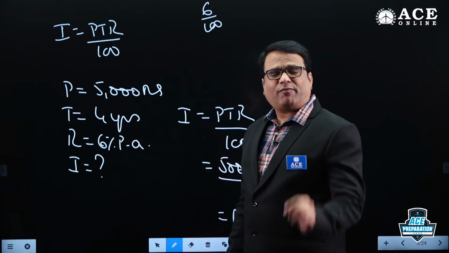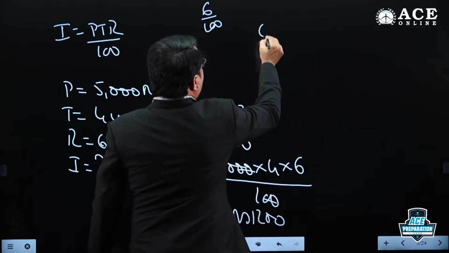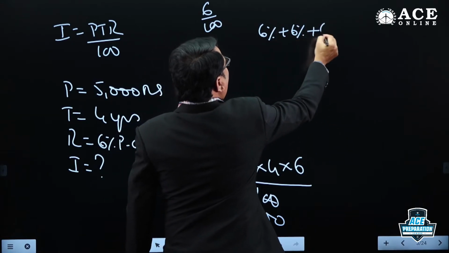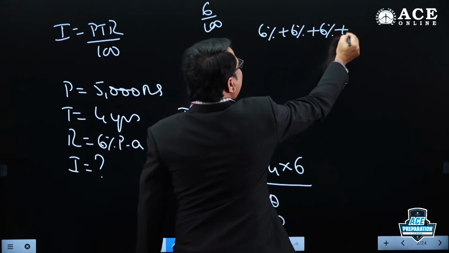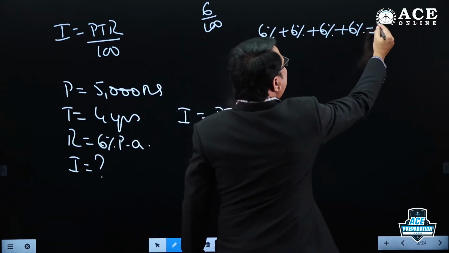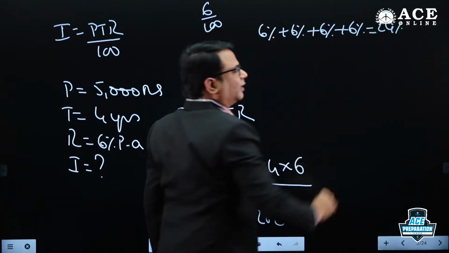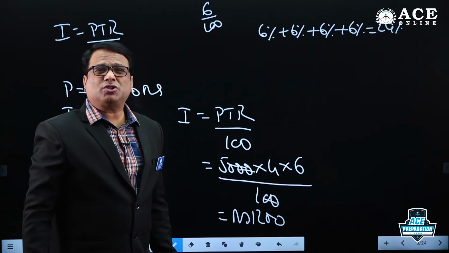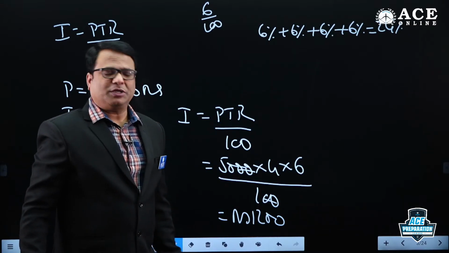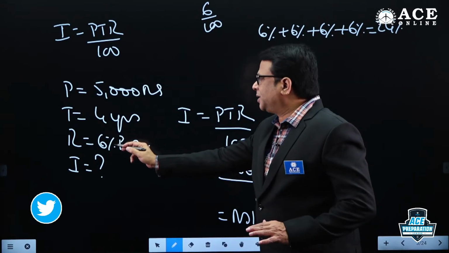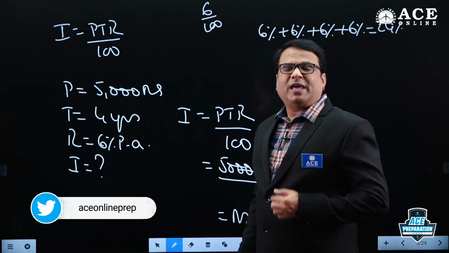4 years. So, for 1 year it is 6%. For second year also it is 6%. For third year also it is 6%. For fourth year also it is 6%. So, for 4 years put together it is how much? 24%. So, what we do here, when we see rate of interest 6% and time 4 years, then we understand